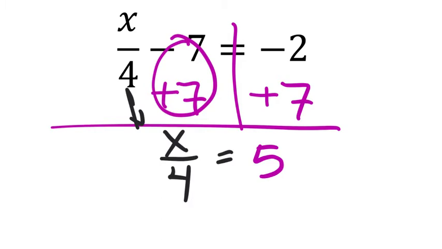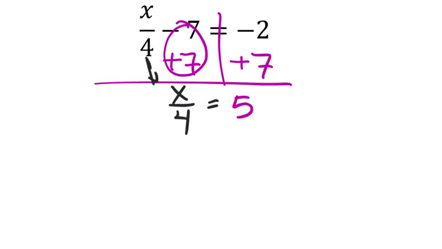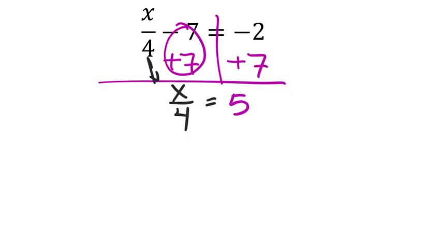Now I said I'd do this two ways. Just choose the way that you like the best, although in the future we may use a different way. Okay, so I'm going to solve this as though nothing's changed. So we're going to just make this x over 4 equals 5. But over here, I'm going to solve it